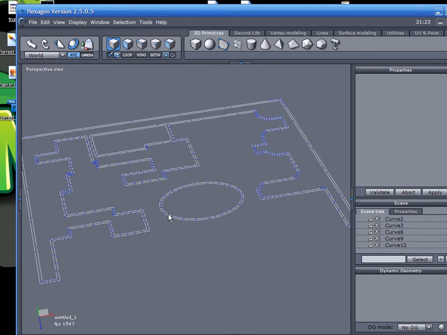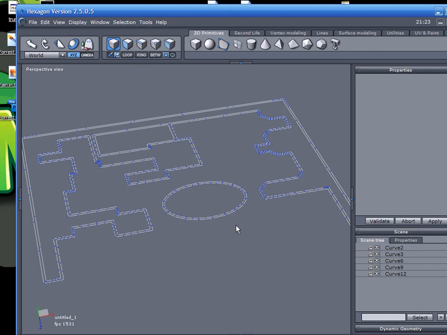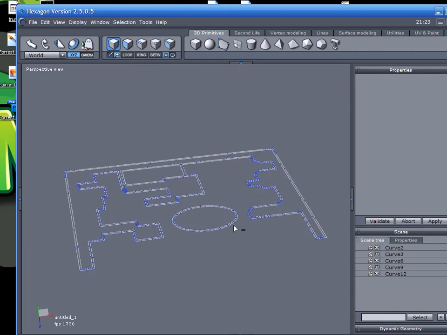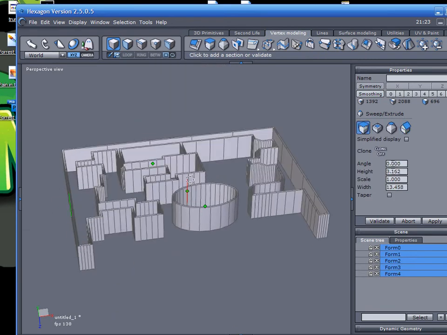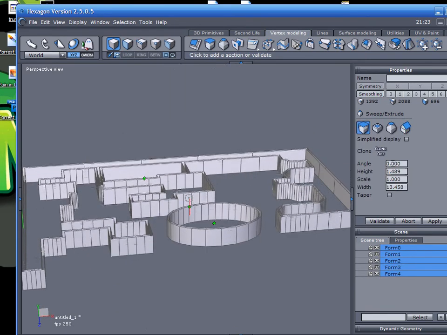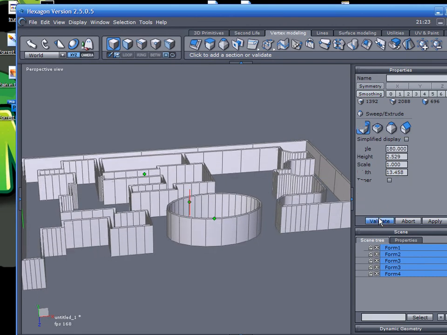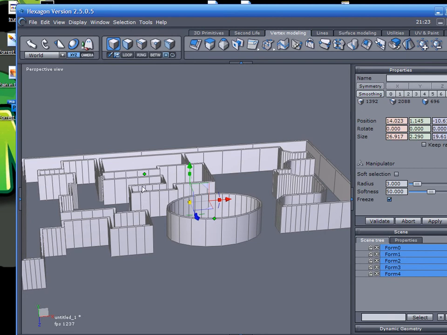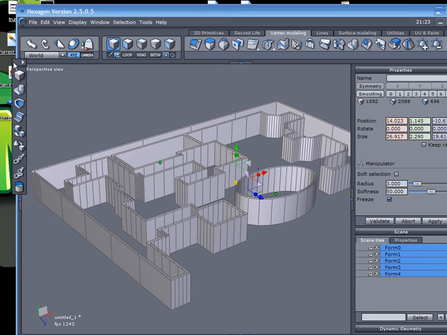Okay, so there are our curves. We don't need dynamic geometry. All I'm going to do is Control A to select all of them, come up here to Vertex Modeling, Sweep Surface, hit my space bar, and that should do it. It doesn't really matter the height, because if it's too high I can just sink it down into the water. Or if you're creating something like this for a terrain, then just bury it down in the terrain